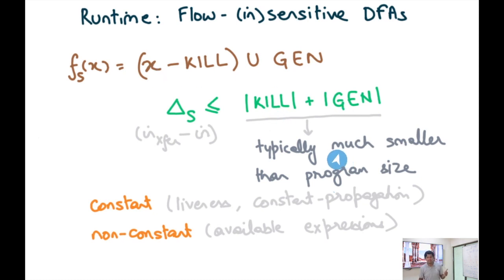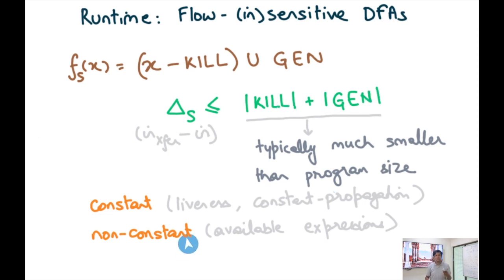And typically these sizes are much smaller than the program size. For example, for many DFAs, this size is just a constant for three address code. For example, if I talk about liveness, then kill is just all the values that are defined in that statement, and gen is all the values that are used. And because it's three address code, these sets have to be small, maybe size 1 or 2. Similarly, constant propagation would just require a constant number of kill and gen sets for every